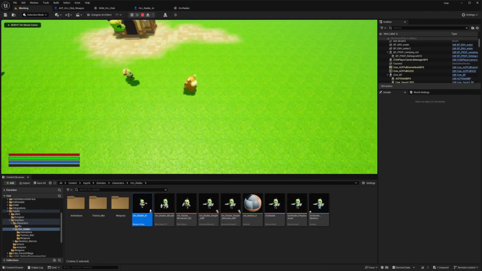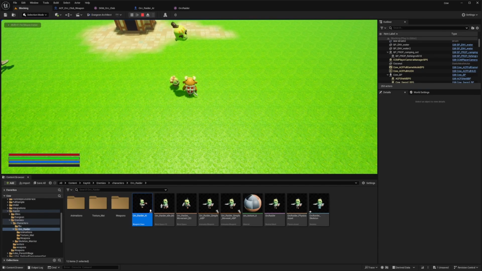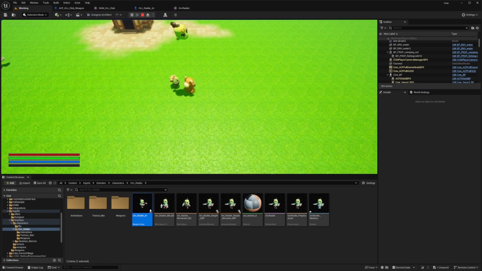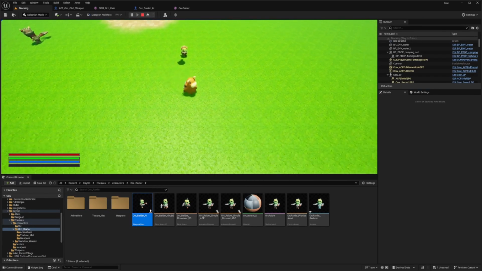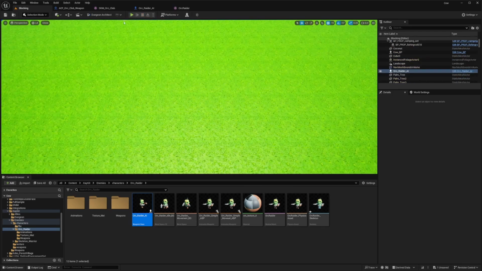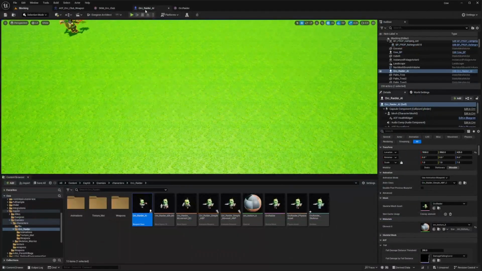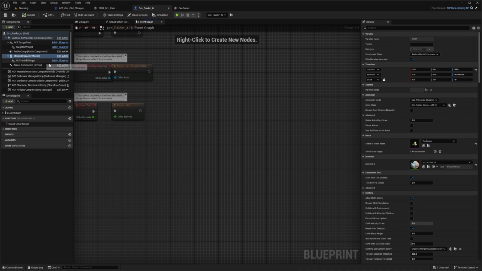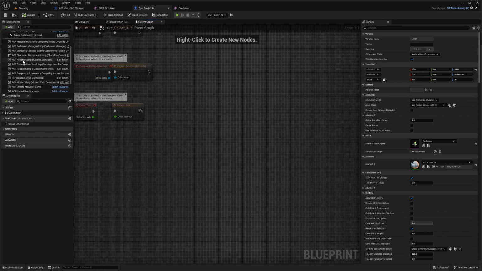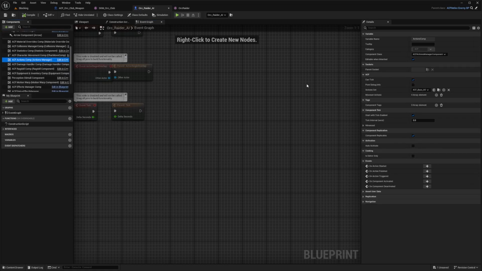So now you'll see that the weapon is appropriate. And because of the animations, it's not going to be able to hit me because it is flying away. So I'll go ahead and go back to my AI. And now what we want to do is start working on the animations, which is going to be a bit of a long part. So now you'll see that there is an ACF actions component,